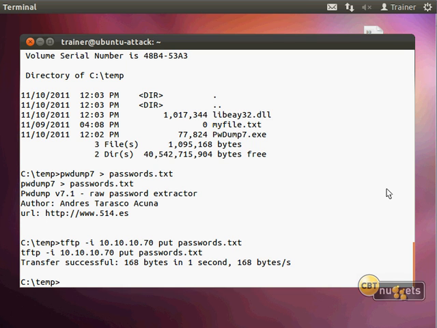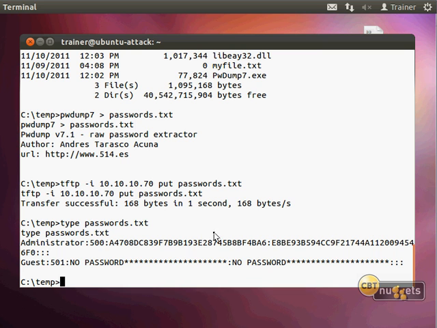And then of course I could do whatever I want with it. Since it's going to have all of the hashes, I could run John against it and stuff like that. In fact, let me just show you, to prove that it's got the hashes in there. Type passwords.txt. You know, there's the administrator and so on. And again, remember that it's a domain controller, so all of the other accounts that have been created are created in Active Directory. So that's why we do get the basic administrator account here, and that's always useful.